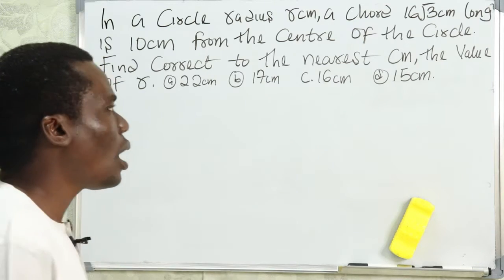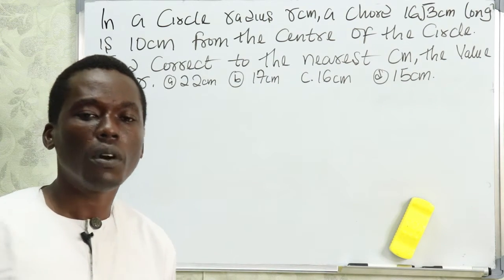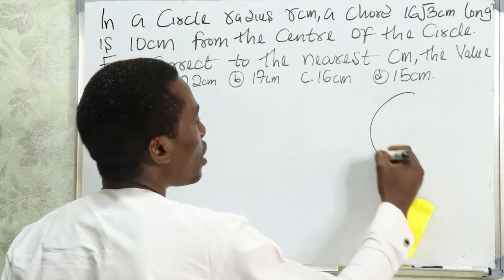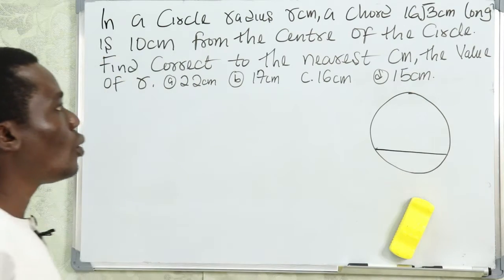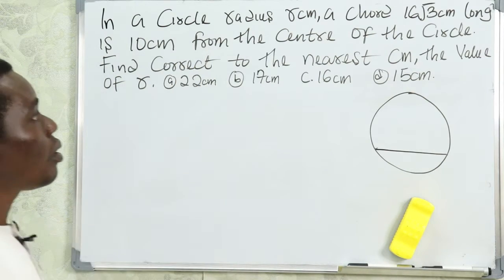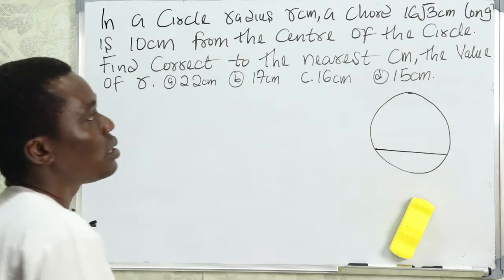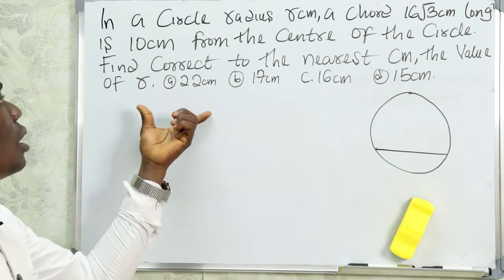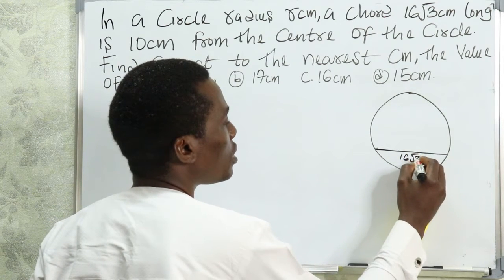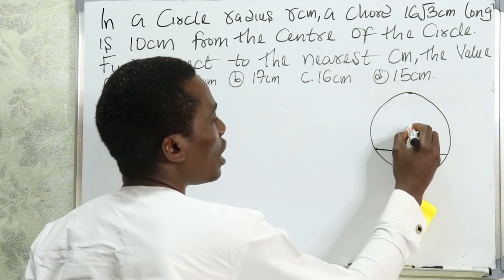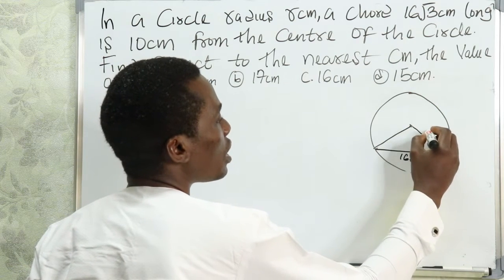Draw the diagram. Now, how do we draw the diagram? Remember, this is the chord of a circle. We are told that we have a circle, and in that circle we have a chord, and the length of the chord is 16 root 3 centimeter long. So the chord is 16 root 3 centimeter, and this chord subtends an angle at the center,